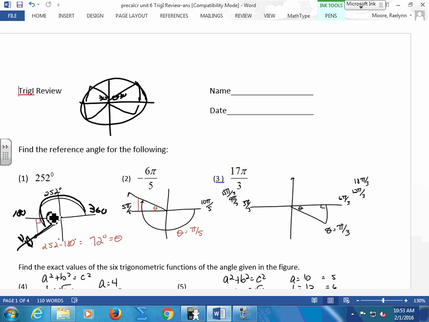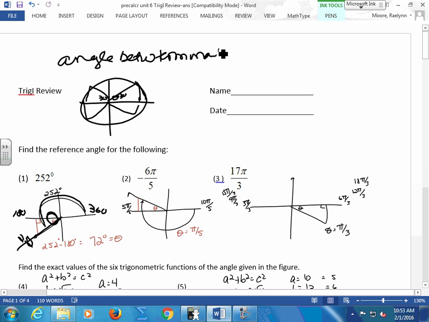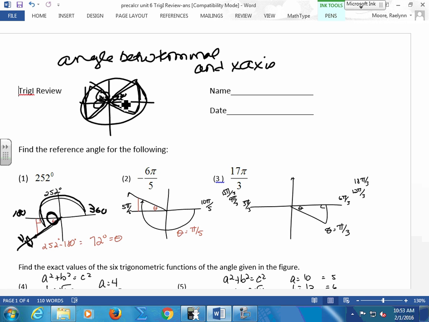It's the angle between the terminal side and the x-axis. Remember, all your triangles are drawn to the x-axis like a bow tie. So these are your reference angles right in here. They're all acute little angles. So as I rotate around here, I pass 180, I terminate here. I drop my triangle. I know we don't have a special triangle for this, but this still is a reference